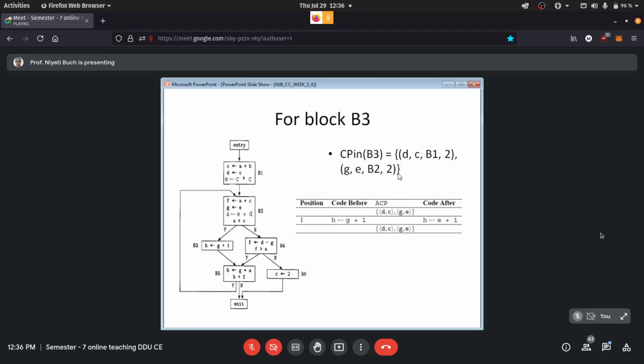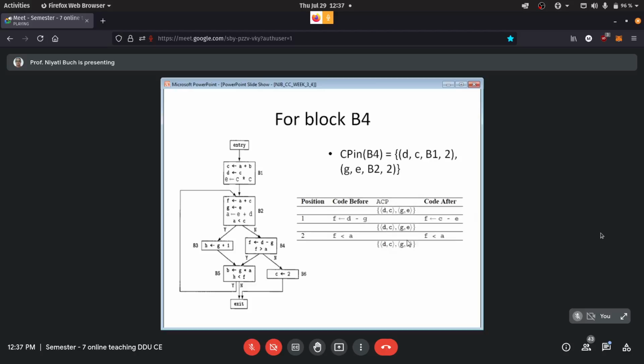Now for B3, there are two elements in the set, D comma C and G comma E. G you encounter over here, G plus 1 is there in my expression. So G gets replaced with E and the set remains unchanged.